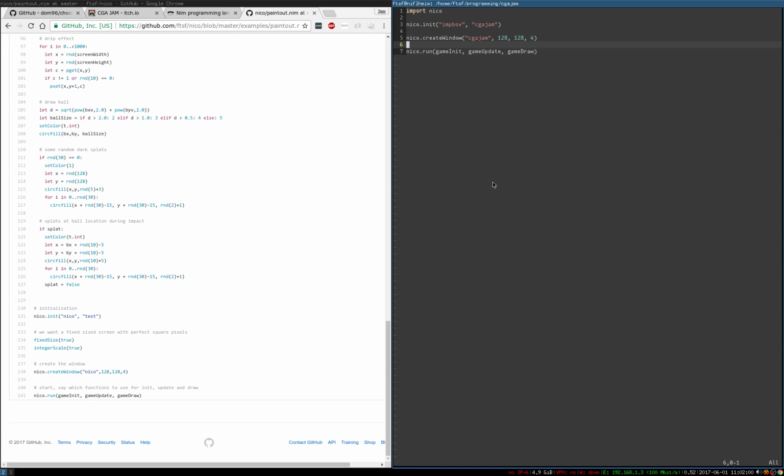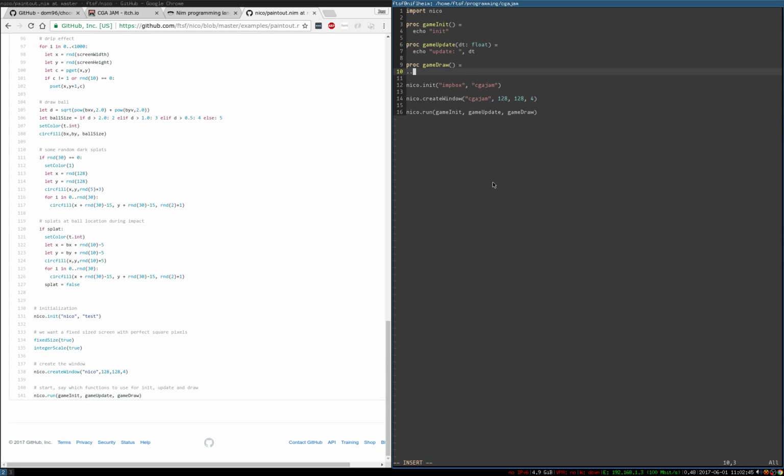So these are functions that we need to create. We'll do proc, that's how you say it's a function, a procedure, and implementation. For now, it's just going to echo init. gameUpdate dt float, which is how much time has elapsed since the last one. Print out dt. Then proc gameDraw,